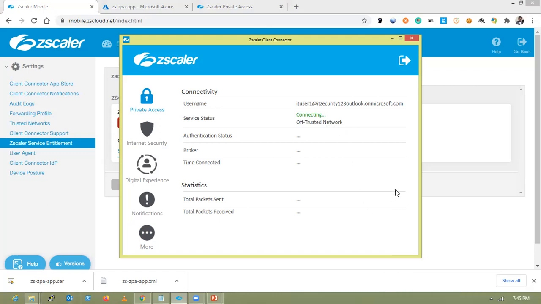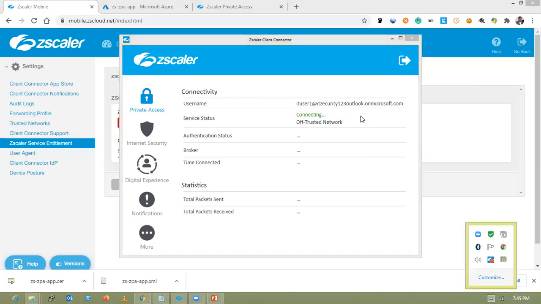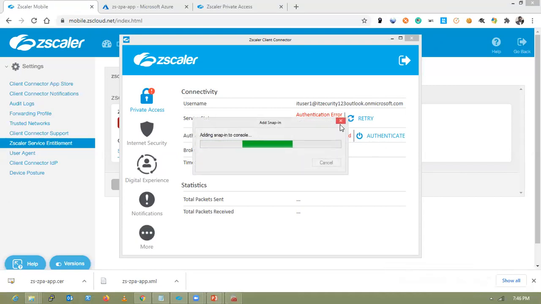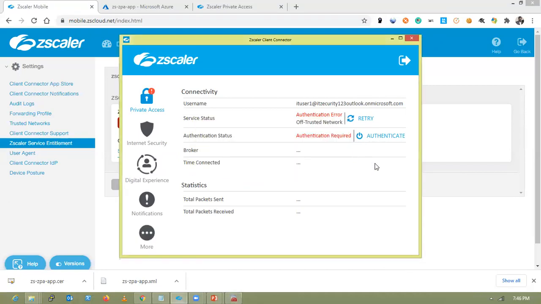You can go here and check the service status, whether the user is authenticated or not. So you can put a retry. Since the user was not authenticated, the authentication status is showing an authentication record.